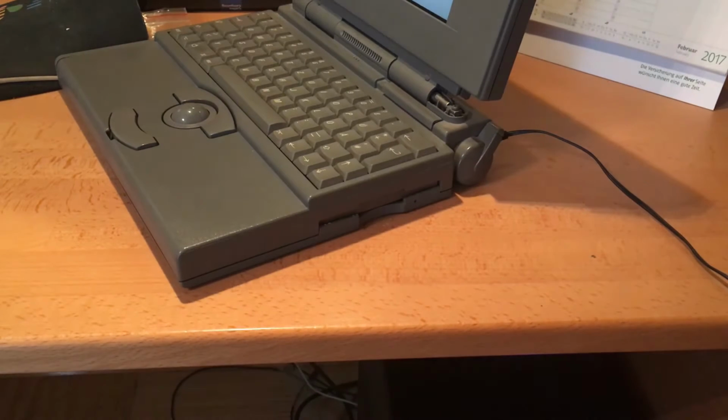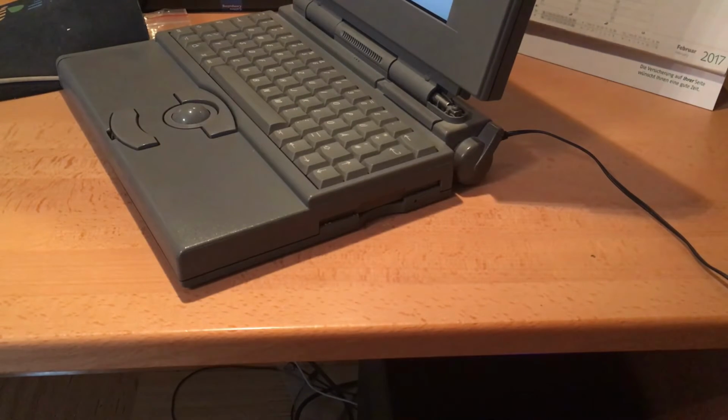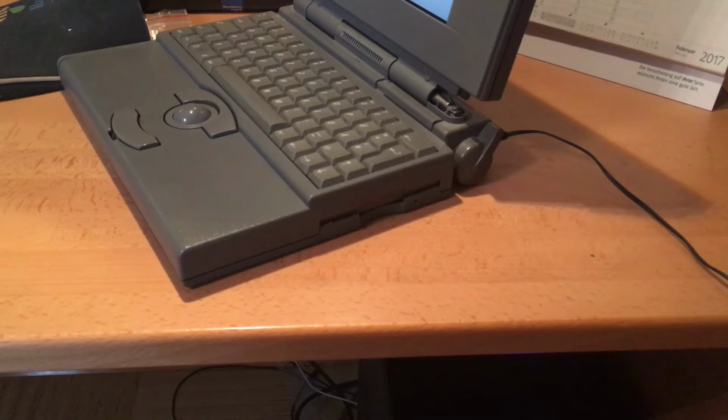Floppy drives are the medium where I'm just a little too young to know a lot of stuff about. I do have some. I've used them a little bit, but in the days when I got into computing, these were fading out. They were still there, but nobody used them, like ever. So yeah, floppy drives,